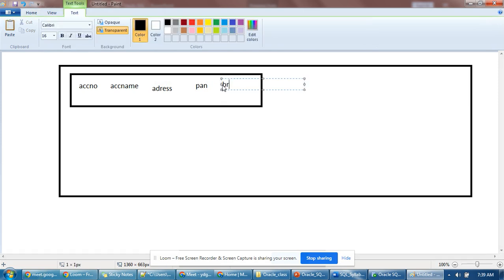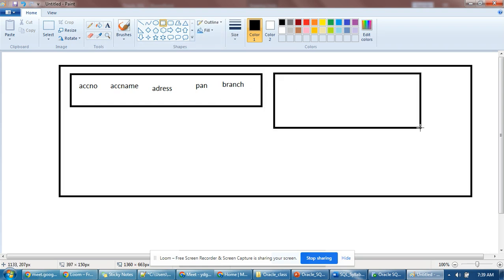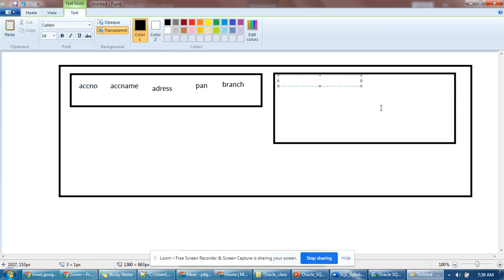Okay, bank branch details, whatever you think. And your transactions will be like this. Today you have done some transactions. Okay, some date, minus 10 days back, I have done some